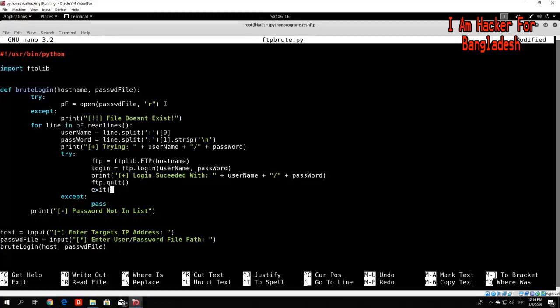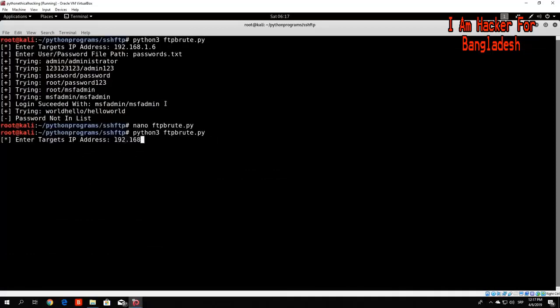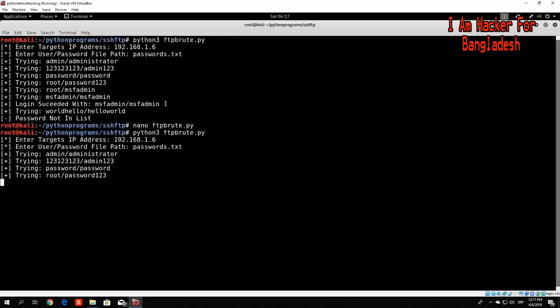Maybe if we instead return from the function, so let us return the username and password. So if we return, it shouldn't print anything afterwards. So let us try once again. Passwords.txt. Let's let this run. The next password should be the password for our account. And we can see right now, if we use the return, it returns from the function, so it doesn't continue doing it, and we get printed login succeeded with